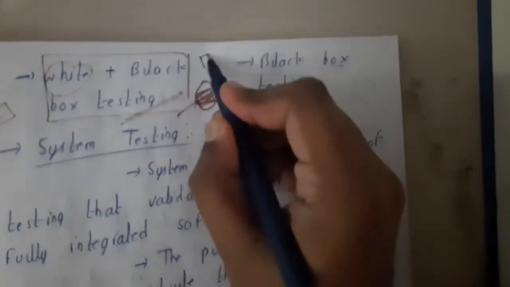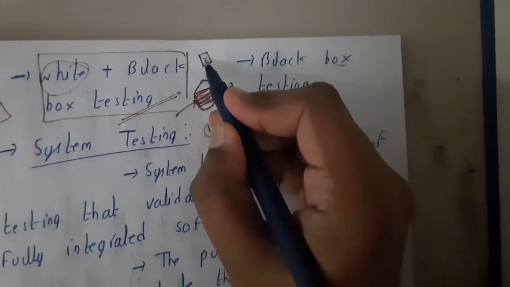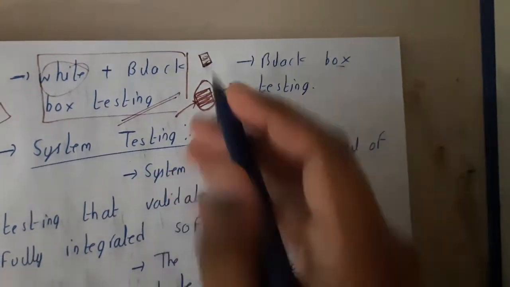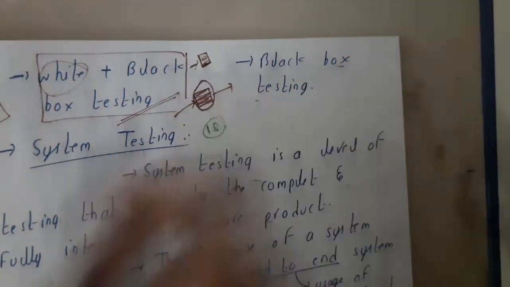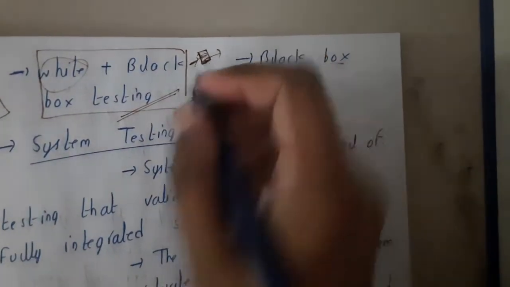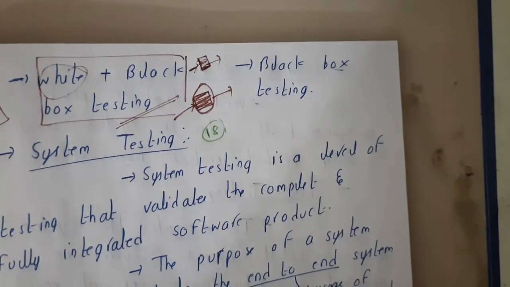Whereas white box is nothing but you can see everything. It is transparent. So this is the function, this is the main, this is that, this is this. You can observe it with your eyes. So you know what the input is, what the steps going through are, like that, okay?